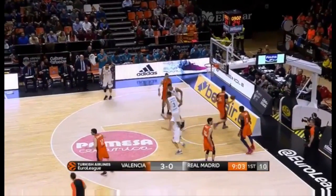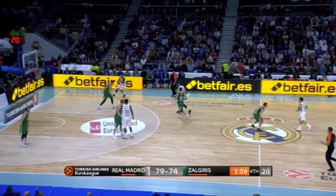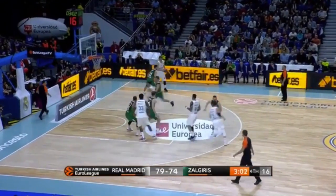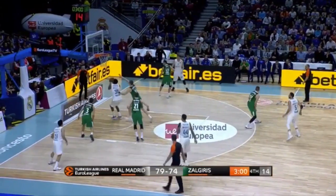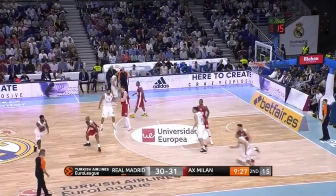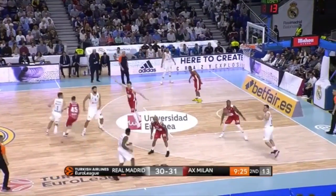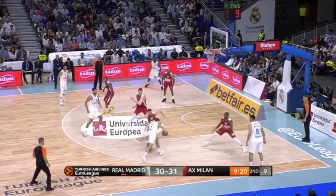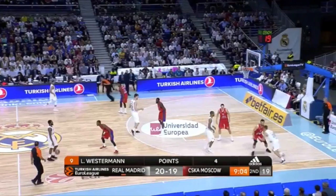J.C. Carroll just uses that. And we go down the other way as Madrid retains the 5-point lead, 79-74. This is a big possession right there. We know that he can score, and he can score in bunches. Handle the Coser, handoff down in the corner to Machulis. Machulis looking at the basket, dangerous from three. Coser with a nice move to the